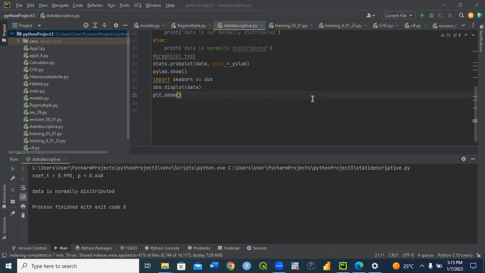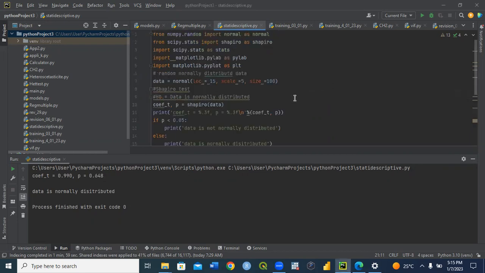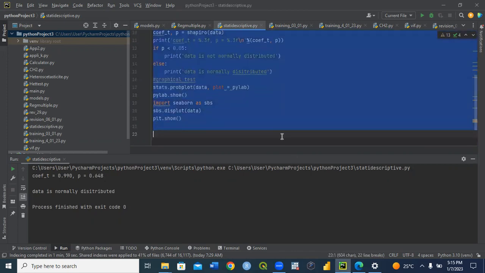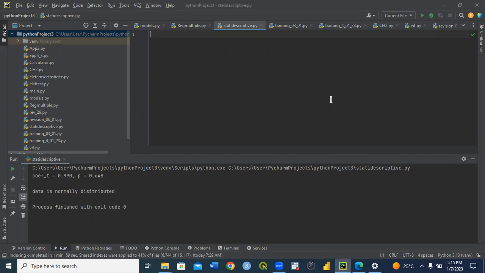Then let us now start to see how it is done. Let me delete everything and now we will start afresh. What is happening here? We have two, or can I say three,